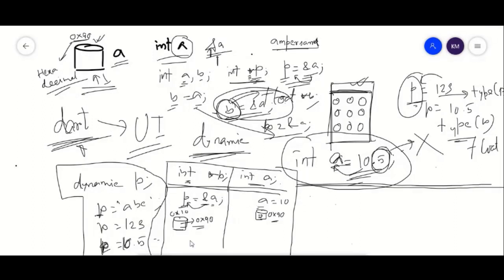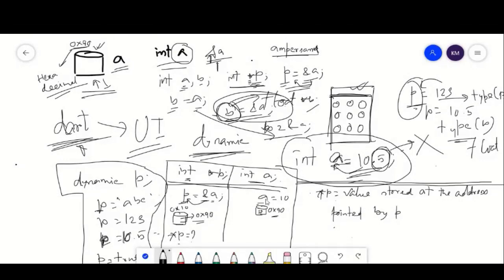So how do you access it? Star P means the value stored at the address pointed to by P. Try to understand that part. Star P means the value stored at the address pointed to by P.